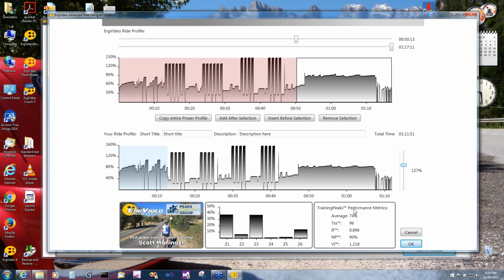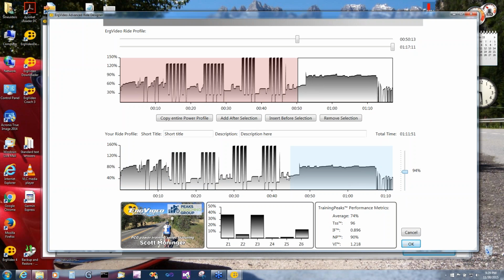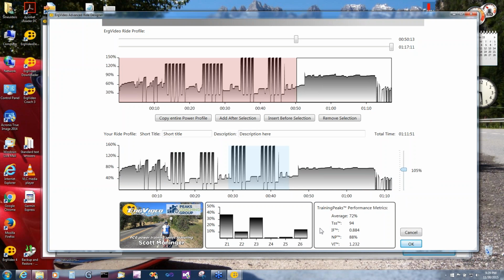And your Training Peaks performance metrics are all here. So as you adjust the workout, you can target what you want. You can actually make equivalent workouts based on these metrics if you'd like to follow that. At any rate, that's my new workout. I should give it some sort of a name. This will be demo,